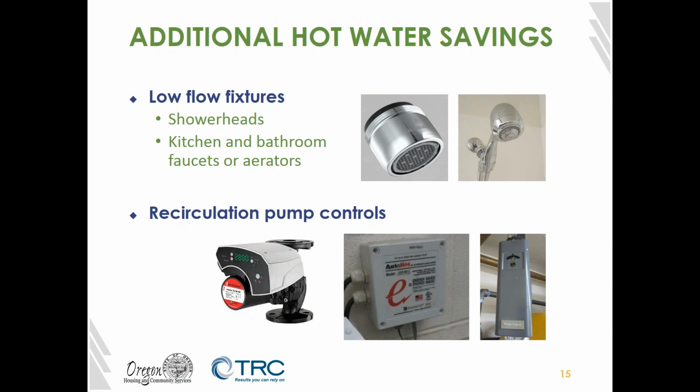Also, recirculation pumps. These are pretty much exclusively for central water heaters, but they run constantly usually, and so you can do anything from a variable speed pump, which is over here on the left, to a more simple aquastat over here on the right, which controls how often the pump runs by using the temperature of the incoming water. The system in the middle here is a demand control system, which does the temperature controls, but it also senses how frequently the water is being drawn by the tenants,